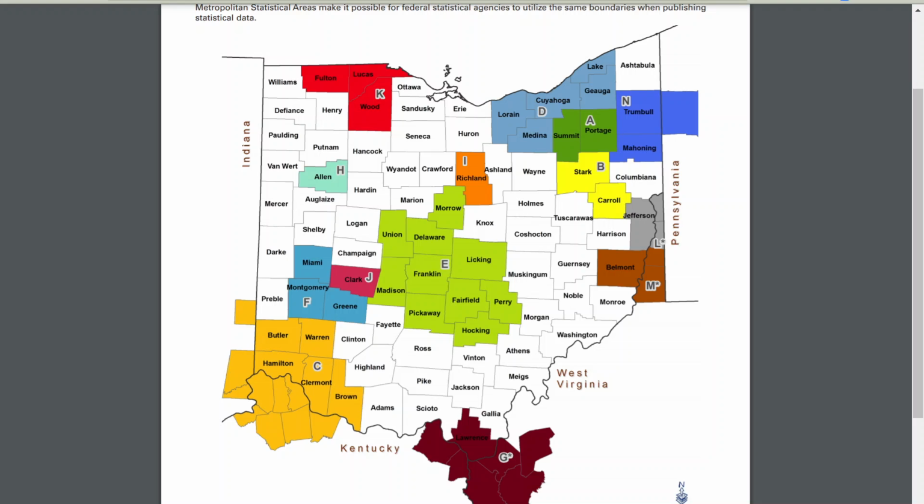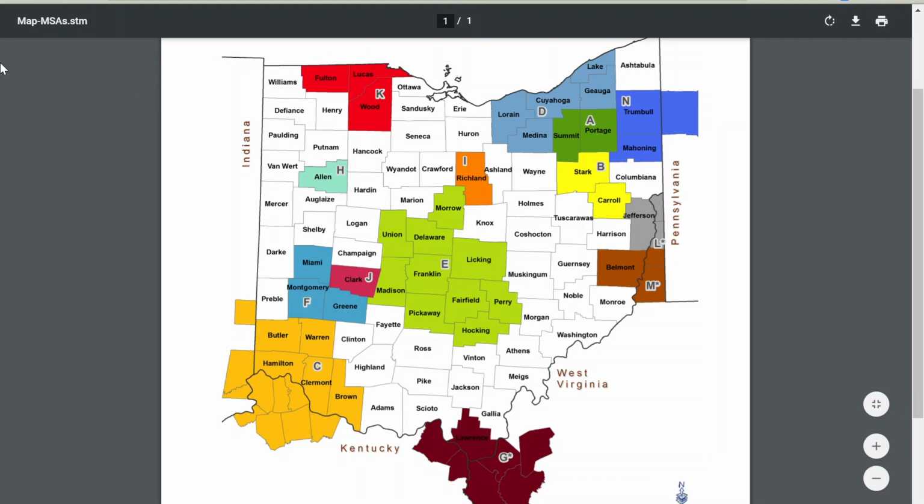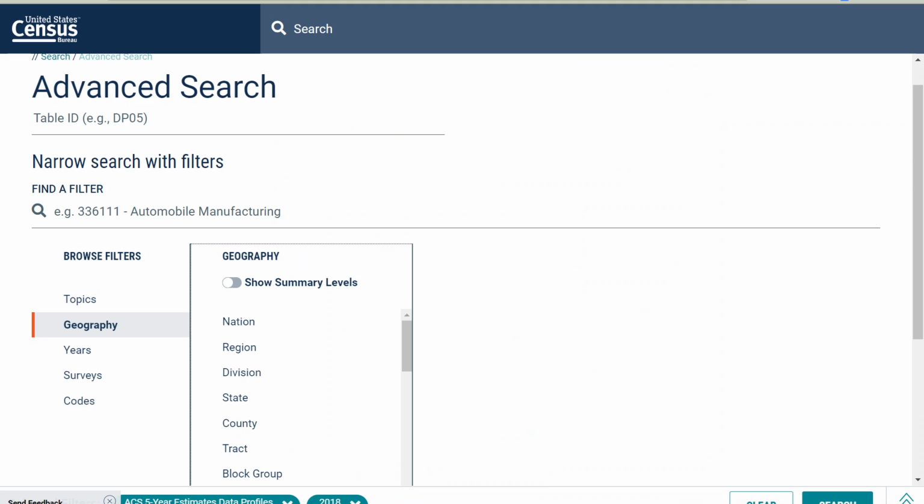So to understand this, I want to give an example with a particular state. This is Ohio. And we're going to be considering the differences in how the census deals with county level data versus metropolitan level data and beyond. So the biggest thing is that if you're looking at what's available in the census,